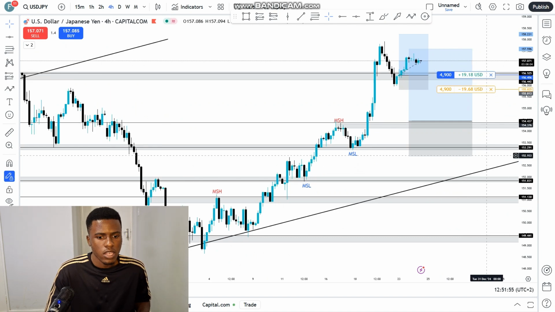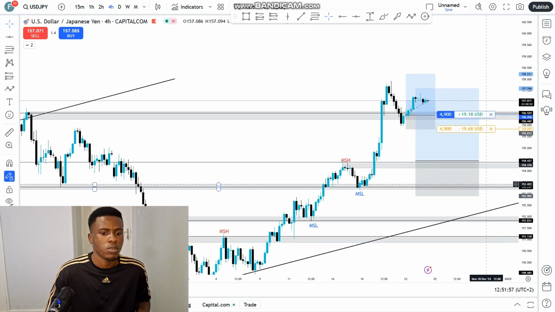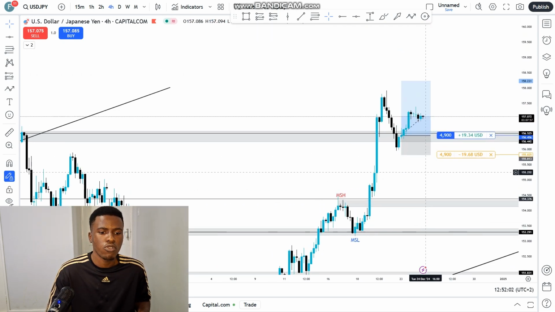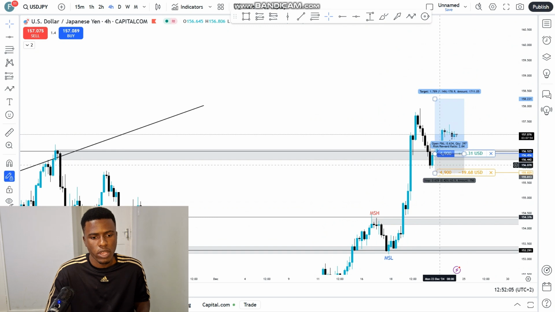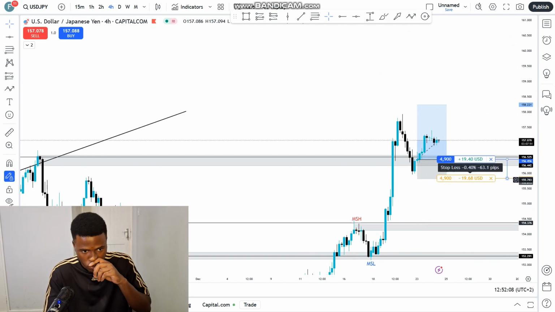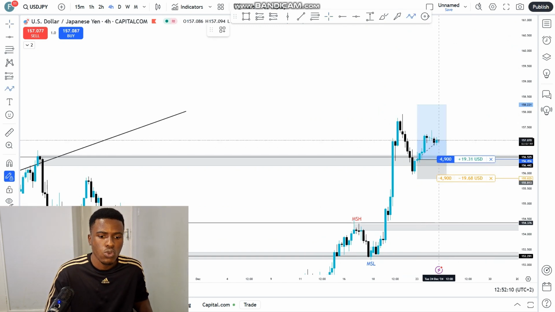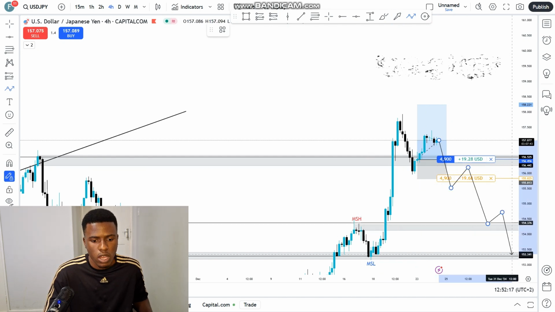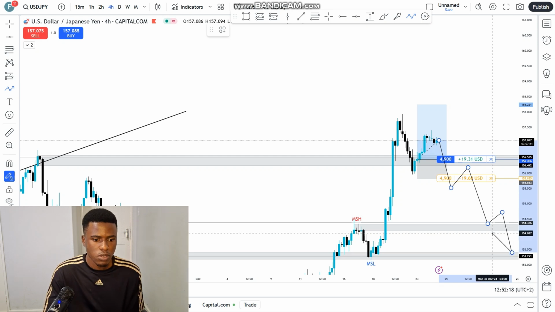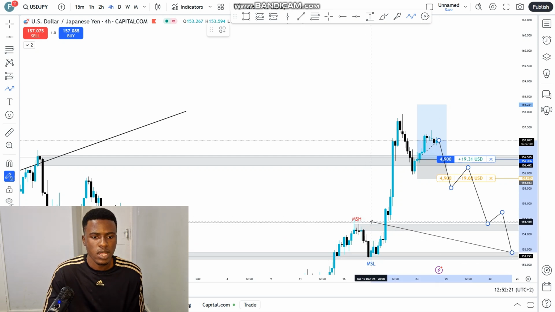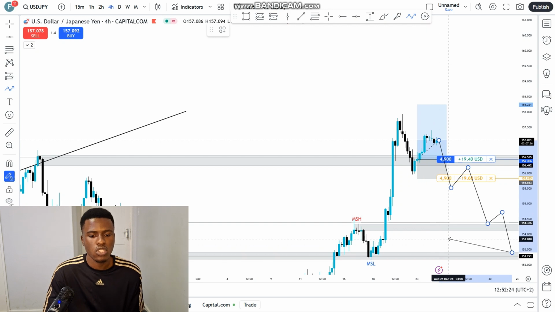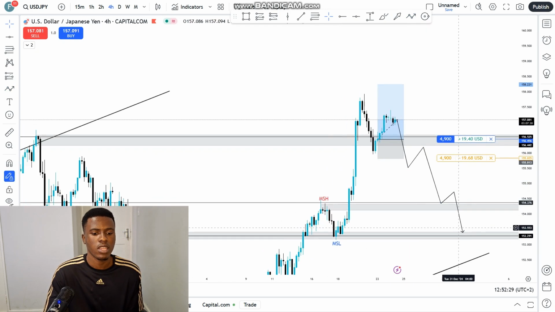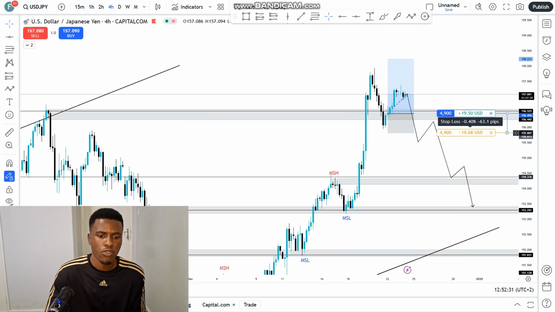Like I said, the dollar is gaining some momentum and the Japanese yen not so much. So I'm still expecting a continuation of this uptrend right here. I wanted to move my stop loss to break even, but I realized I did put this stop loss here for a reason. So if price does continue to the downside, I will stop out and also try again on this major swing low. And if it doesn't work out, I'll try again here on this major swing low right here. So basically I have one, two, three chances of trying to catch this move to the upside that I'm expecting. But if it doesn't work out, that's why I put my risk relatively low.